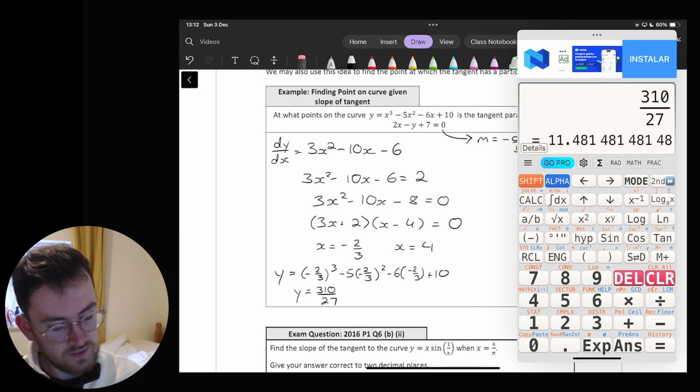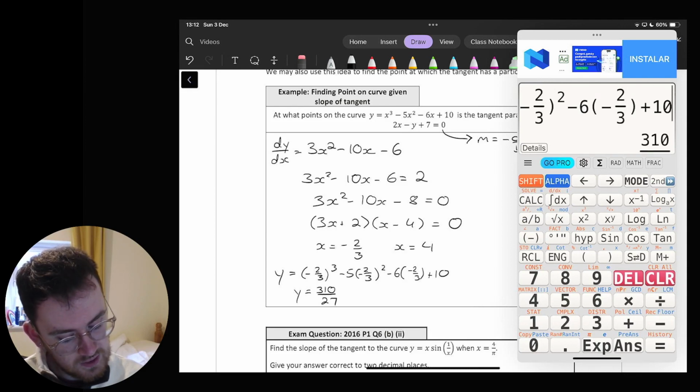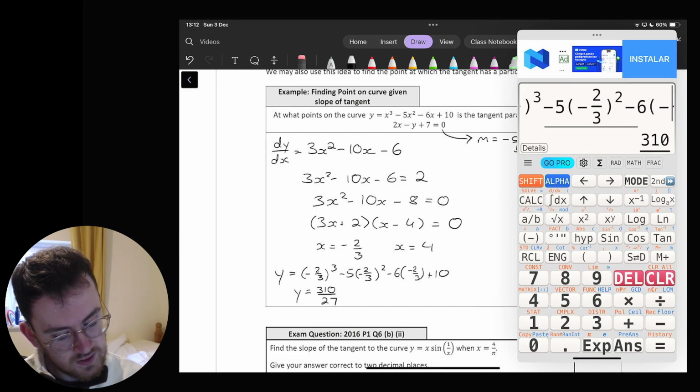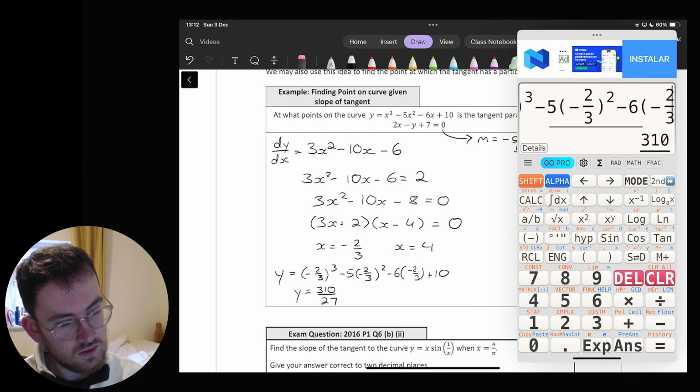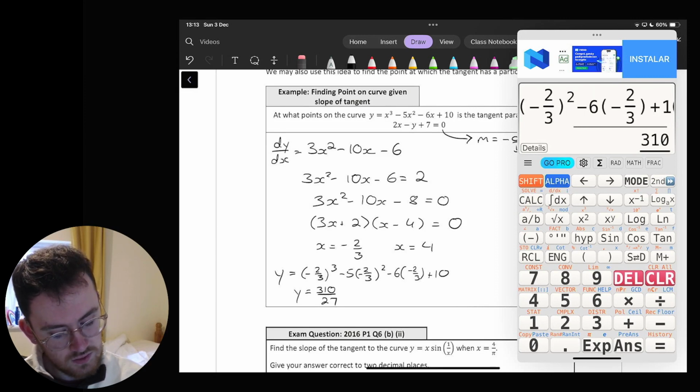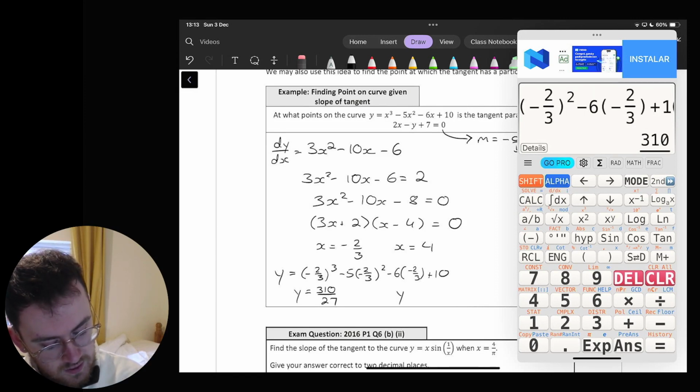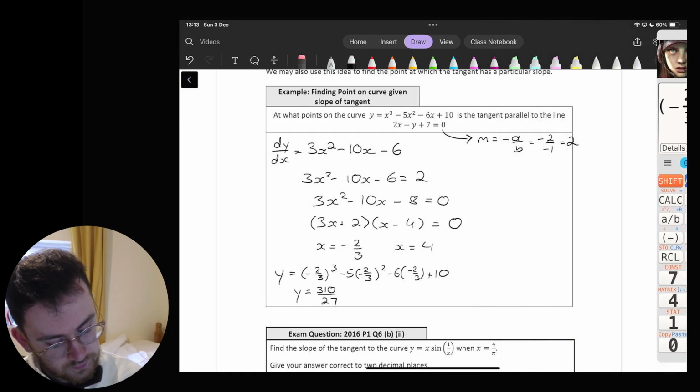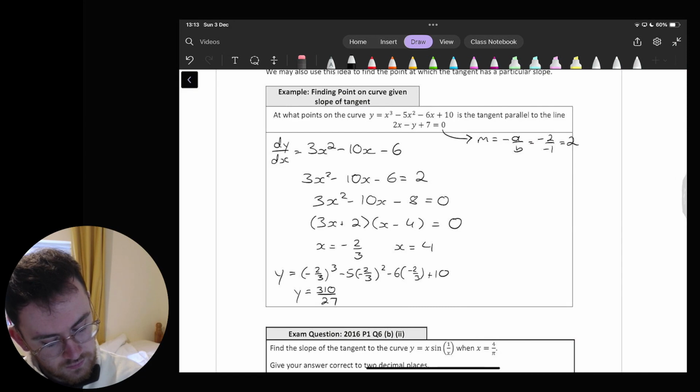Okay, for one of my y values there. Now I'm just making sure that I haven't made a little mistake somewhere along the way. Minus 5x squared. Okay, that's grand. And similarly here, if I sub in for 4,